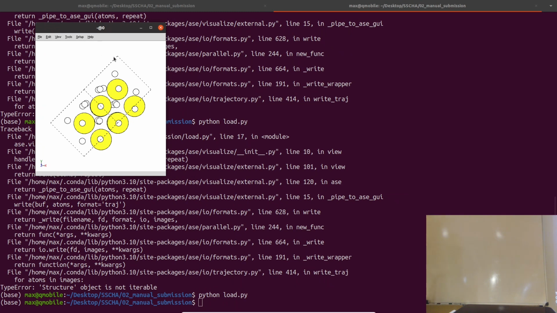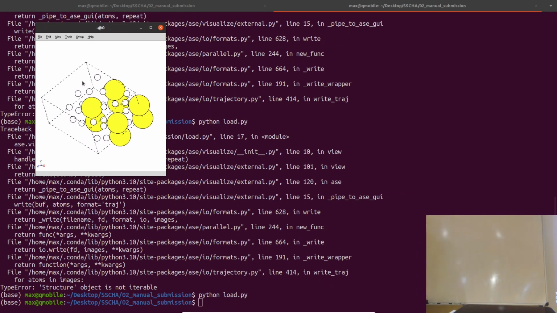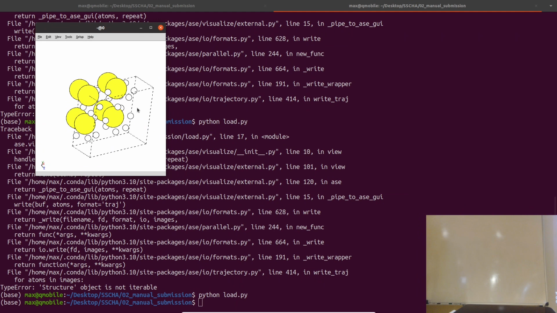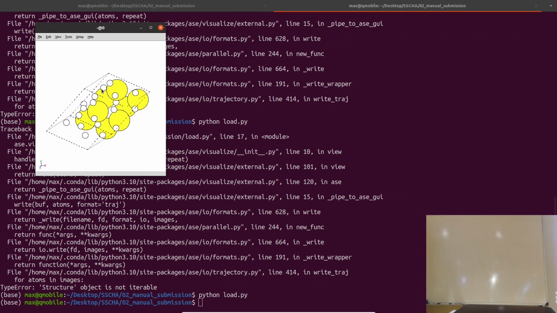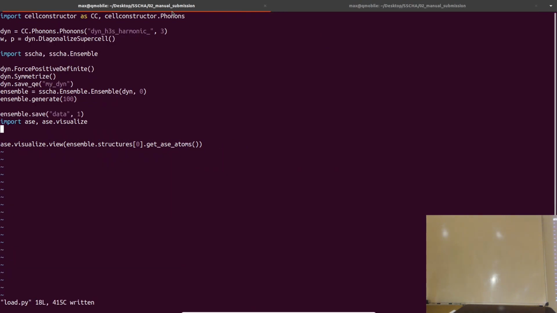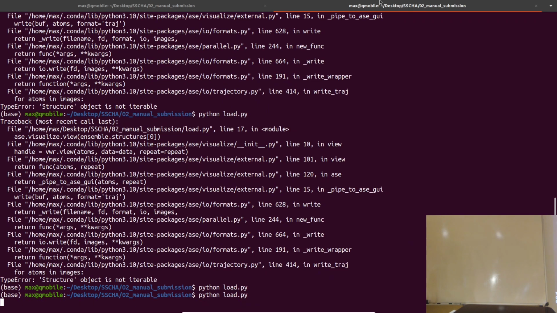So exactly, this is actually the structure that we have. Now I can rotate it. You can see this structure is defined in a 2 by 2 by 2 supercell, which is what we get from the atoms. The atoms are not in the symmetric configuration, they are displaced. You cannot see very well because this is at T equals 0, but we can artificially enlarge the temperature a lot, and the temperature is defined here in the last argument, so let's put 2000 Kelvin, so we will see something very nice. And if we run this again,